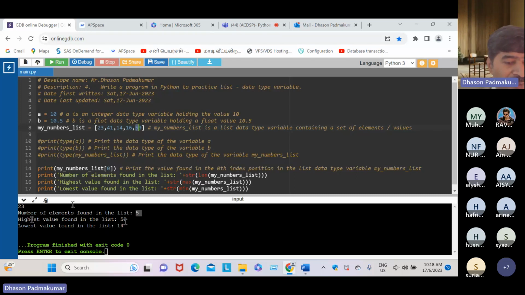Here, because length is a function that returns a numeric value, a numeric value cannot be concatenated. See here, we are concatenating with plus symbols, so we must use str. We know that a numeric value is returned, so to convert it to string, only then can we display a message like this.